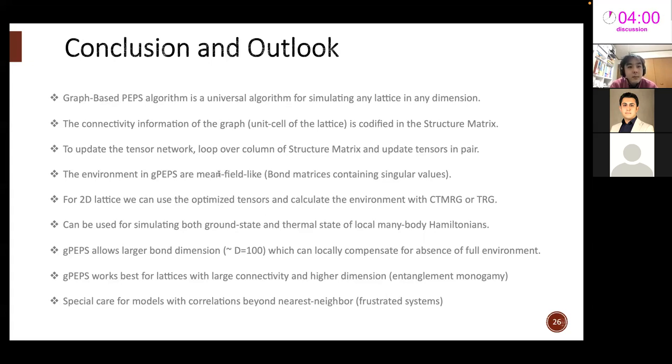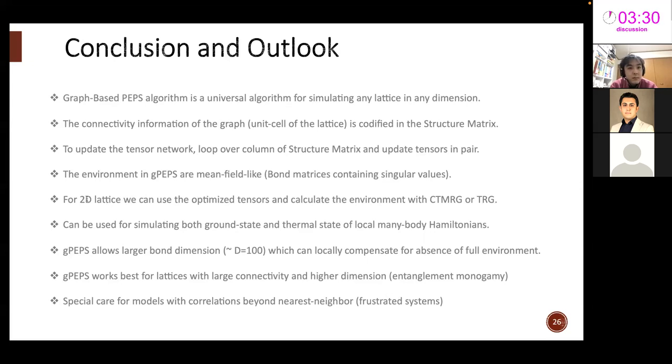Of course, in this technique, you have limitations. The environment is still not as accurate as you would like. You have to approximate it with some mean field matrices. But if you are in a regime where you are far away from a critical point, or the correlations in your system do not extend beyond the nearest neighbor, then this algorithm works very well, especially if you are simulating 2D lattice